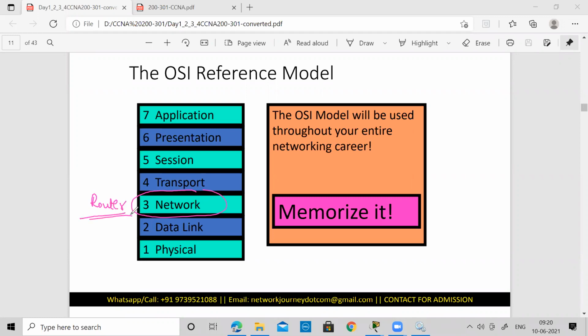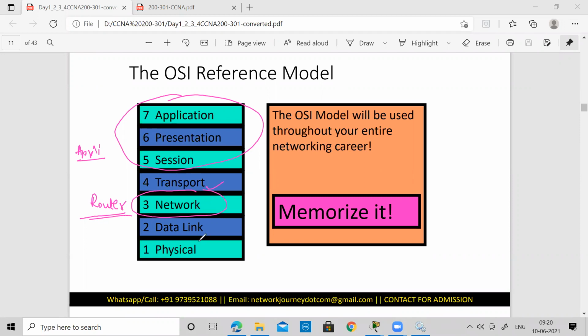So when you are saying router or a switch or any other device, these devices don't have all the 7 layers or 5 layers built into them. If I was talking in terms of the TCP/IP protocol suite, this was my application layer, then there was a transport layer, and then came your network.